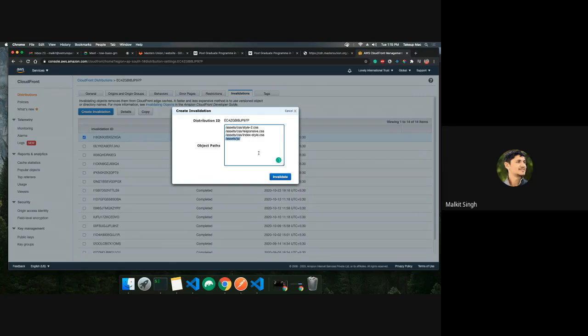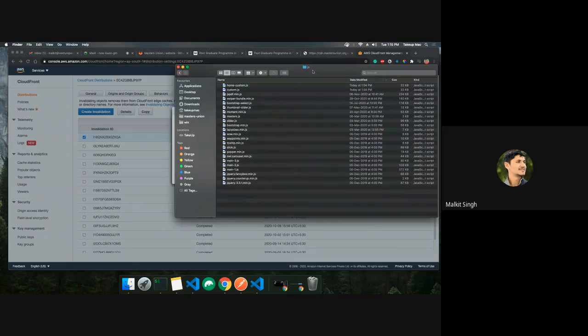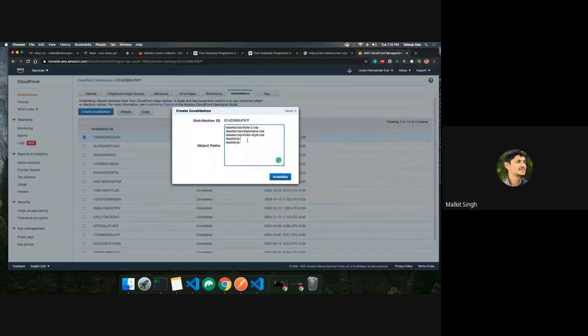JS. Yes, and what were the two files? These were home custom and custom JS. So home.js, and this was custom JS. So these five files need to be removed from the cache. So once I hit this button,